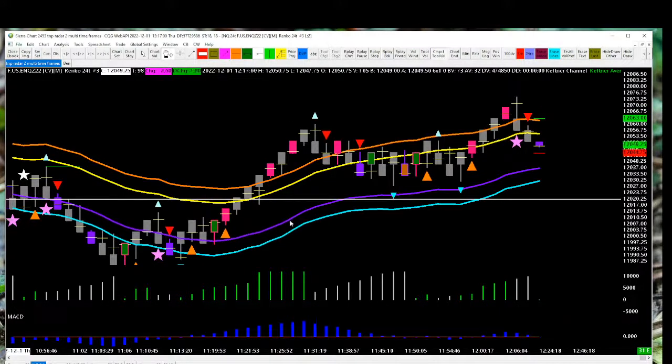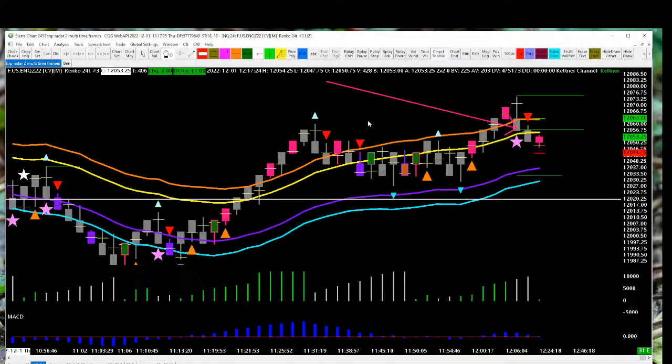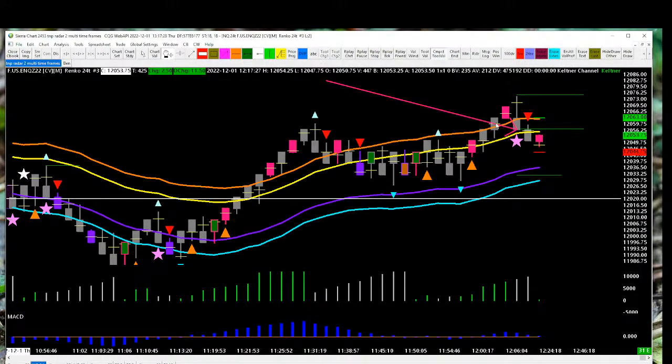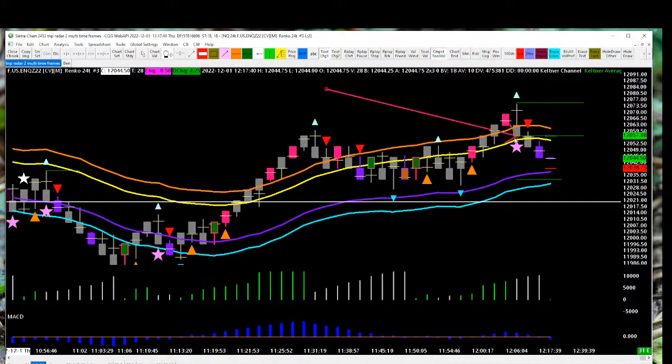And that keeps things really clean when it comes to people sharing what they're doing, because I could say right now, short 12,055, and everyone in the room would know that my stop goes here and my entry was on that star, and that I'm looking for 10 points from this location. Everyone knows that's the setup just by me sharing the entry. I don't have to explain anything more than that. Not that they're following me into the trade, but the fact that you can just give a number and a direction, and literally everybody in the room is oriented to the same exact picture,